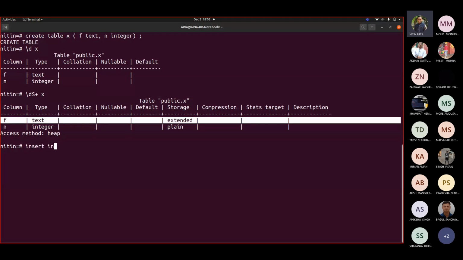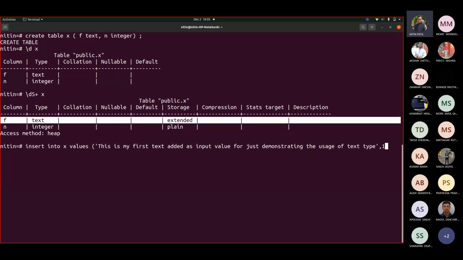Now when I insert into X values, this is my first text added as input value for just demonstrating the usage of text type.